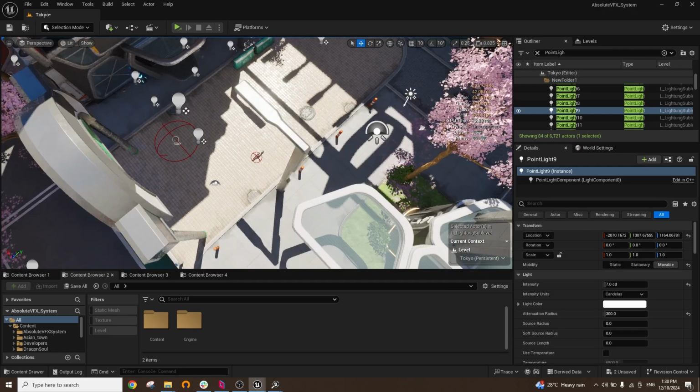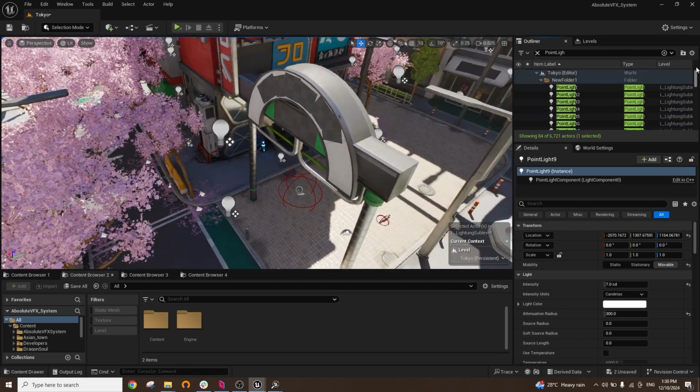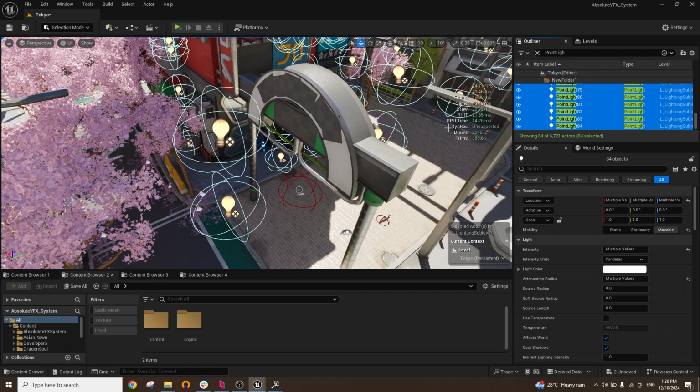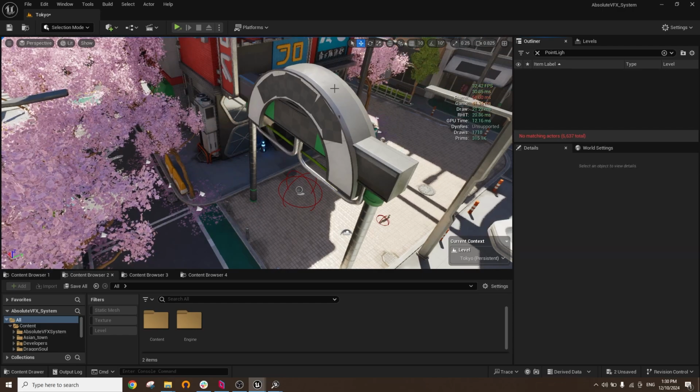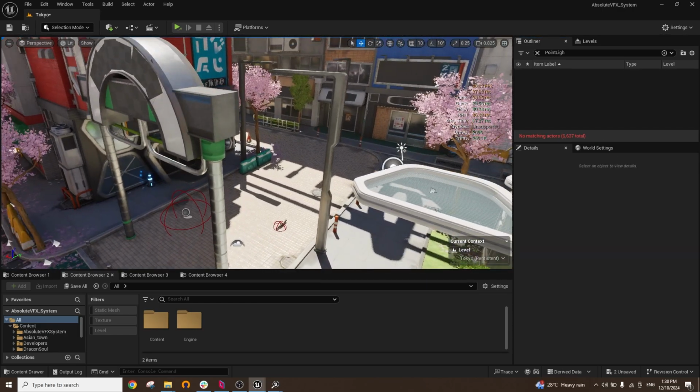So for us, we don't really need any of them because they were doing nothing, but they were affecting the GPU. And as we saw, you can literally see the name of the lights in the GPU profiler and see what is the issue. And if we delete them, now